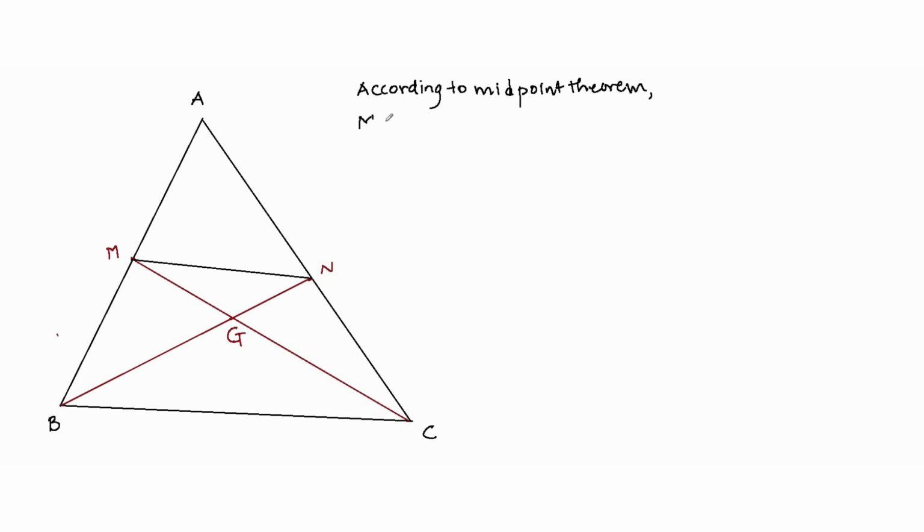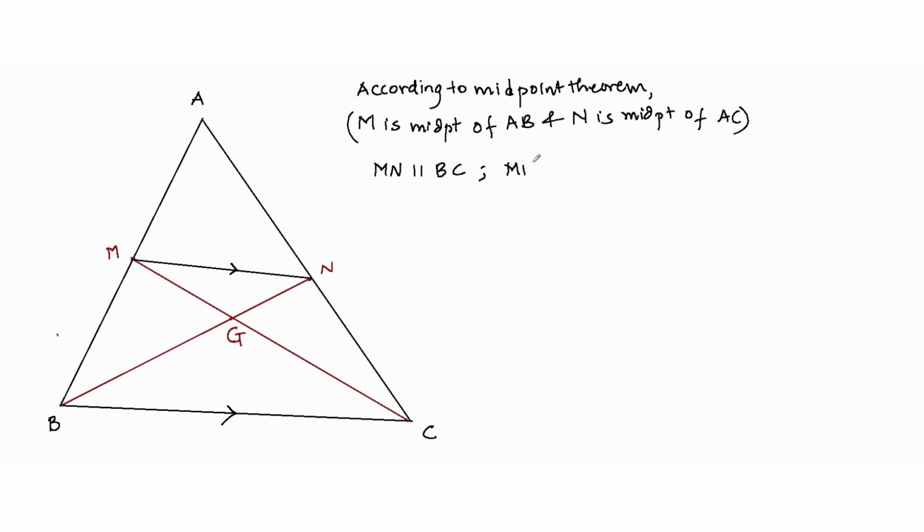Because M is the midpoint of AB, and N is the midpoint of AC, I can definitely apply the midpoint theorem. According to the midpoint theorem, MN is parallel to BC. So let me mark that. MN is parallel to BC, and I also know that MN is half of BC, which means that if